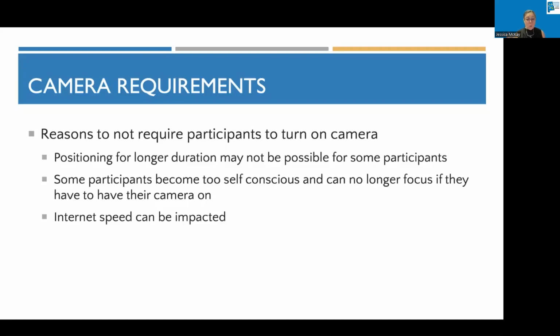Maybe people like to walk around a room while they're listening to the presentation, and they can jump on chat or on the mic when they need to. But for other people, that might be distracting to see, so they prefer to turn that camera off while they're moving around. And then the last one is internet speeds can really be impacted by having a camera on. Especially if you have lots of people with lots of cameras going on, it's easier for people's computers to function if they don't have to have the camera on.